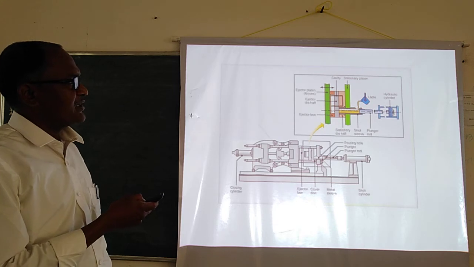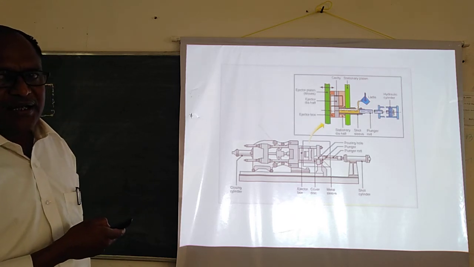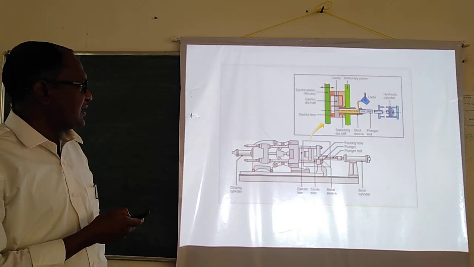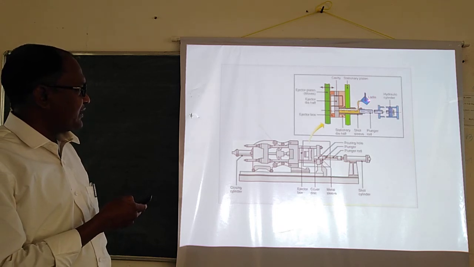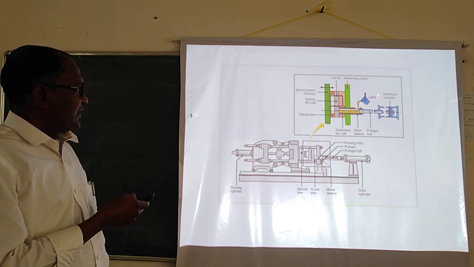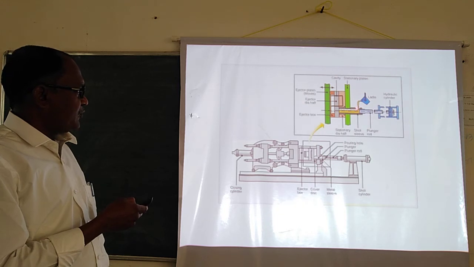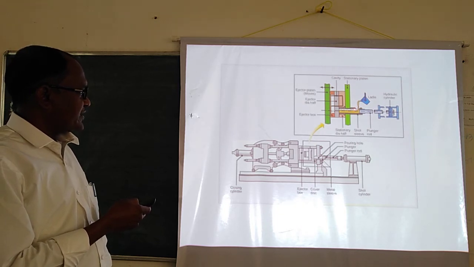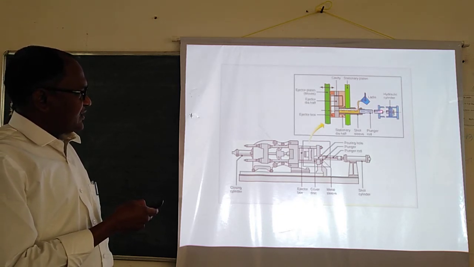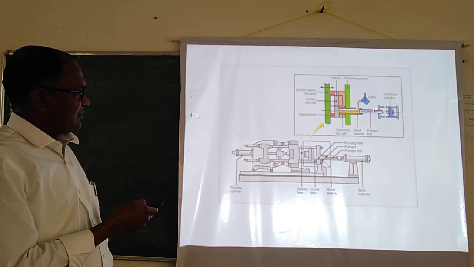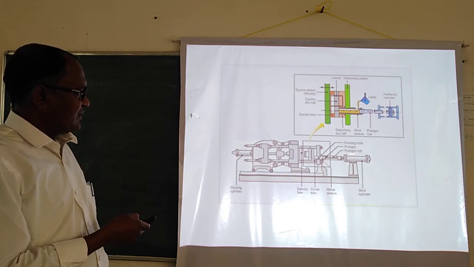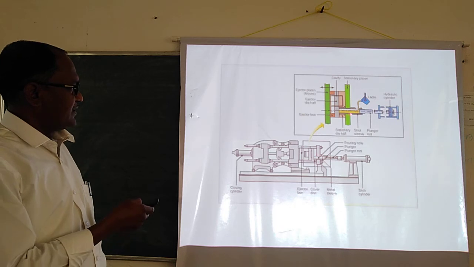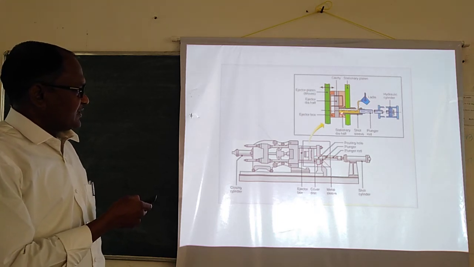That furnace is located somewhere in the plant, and from that furnace you are going to take out this molten metal in the ladle or crucible and bring that ladle up to this machine and pour this molten metal into this chamber, and press this molten metal by means of this hydraulic cylinder or plunger or piston inside this mold cavity. So this is the cold chamber.